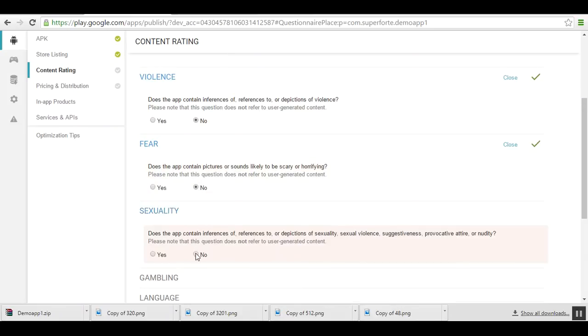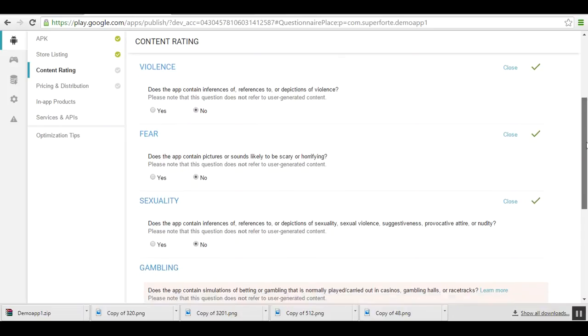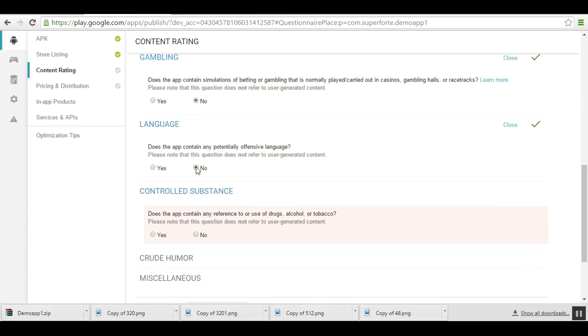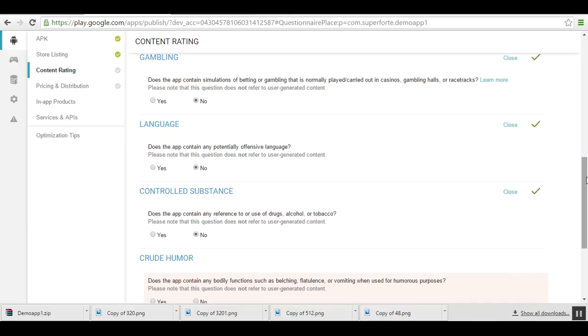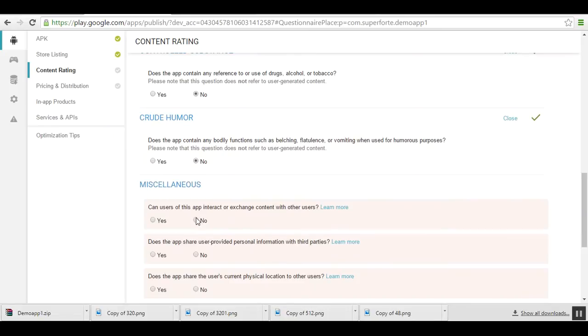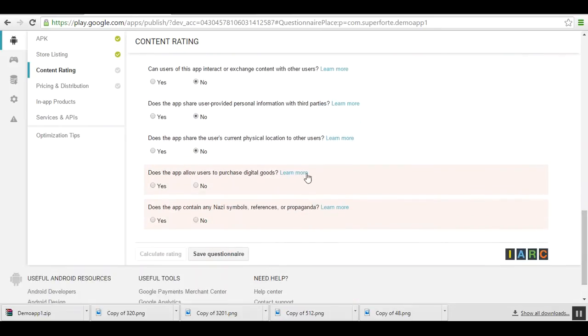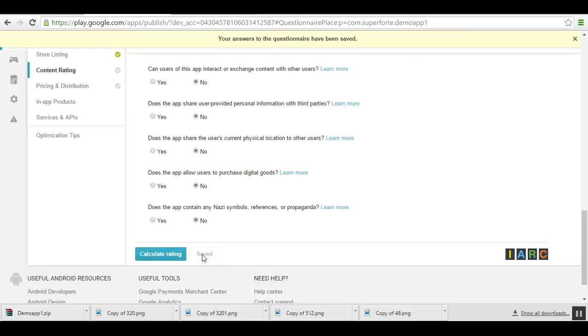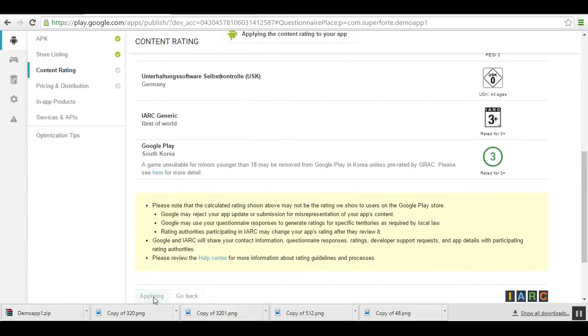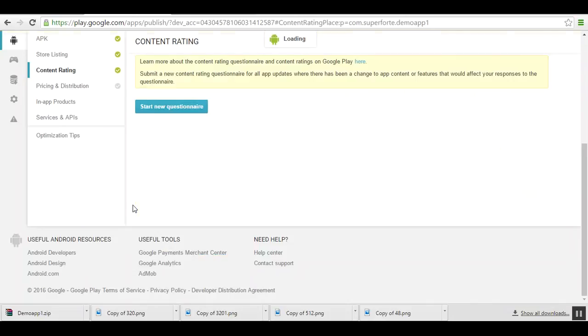That means the content doesn't have any violence option, fear option, not into gambling. Save questionnaire. Calculate rating. Come down again. Apply rating. Okay. Now this item has also turned green.